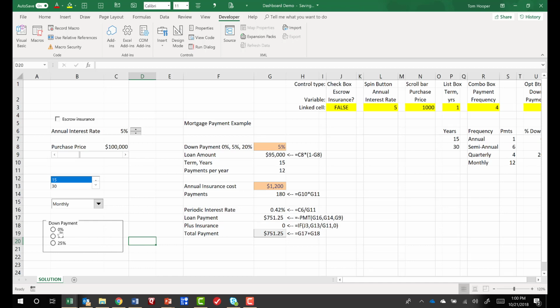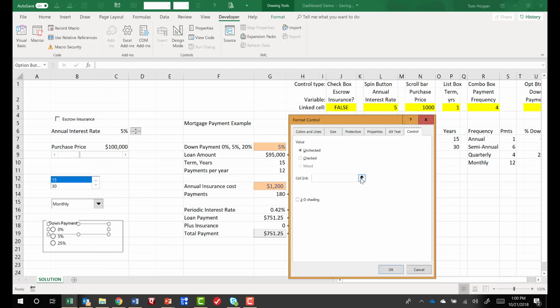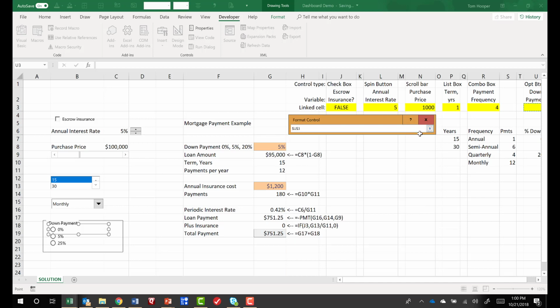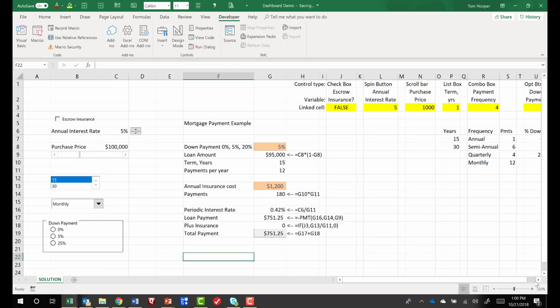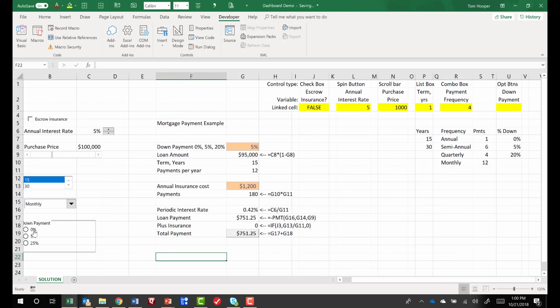and link them to a cell. Note we only have to link one. When I choose the top one, it tells me I chose the first in my option button list, and the second, and the third. I wish there were a way to make these labels look at these labels, but there are not. Still, we need a formula